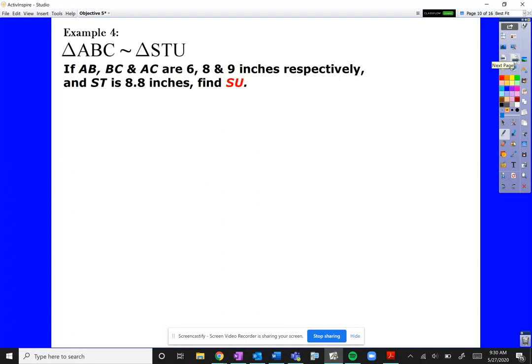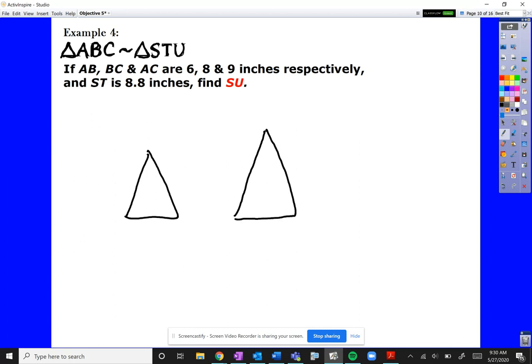Okay, here we go. This statement reads, triangle ABC is similar to triangle STU. So I'm going to draw 2 triangles here, and I'm going to draw one slightly bigger because they are not congruent, but they are similar, so they're scaled somehow. I'm going to label this triangle ABC. If I start down here in the bottom left corner with A, I start down here with S, I go up to the top because T and B go together, and then I come down here for U. Because remember, if you line them up on top of each other, A, B, C, S, T, U, A and S should be in the same position, B and T,